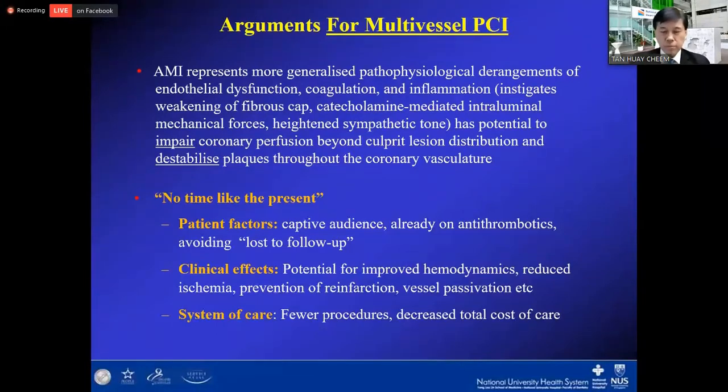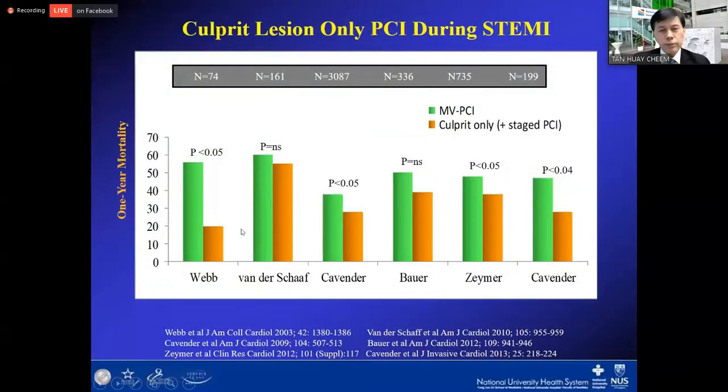Reduce ischemia, prevent reinfarction, and vessel preservation. From a system of care, there will be fewer procedures being done, perhaps leading to a decreased total cost of care. So when we look at the early data, and you look at the patients who have culprit lesion,